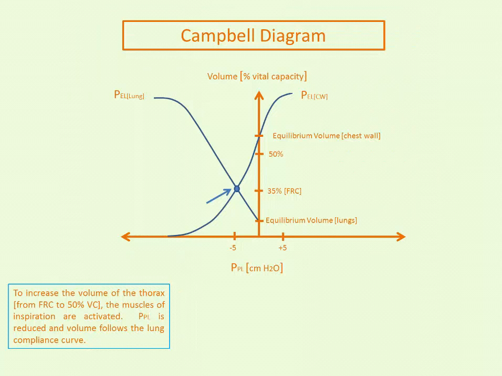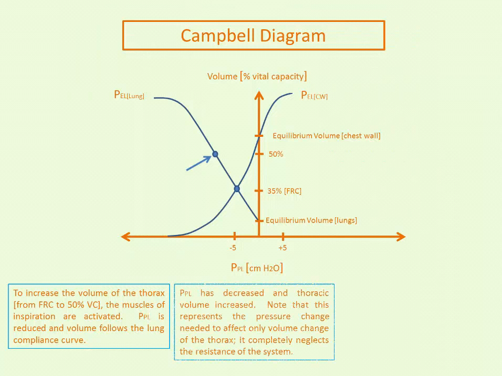So if we were to just talk about changing volume and say nothing about driving gas flow, to go from FRC to 50% vital capacity, you'd move from there to there as demarcated by the fancy little moving arrow. So the pleural pressure, you can see, has decreased from, say, -5 to negative whatever,